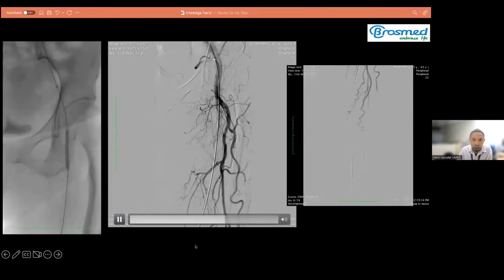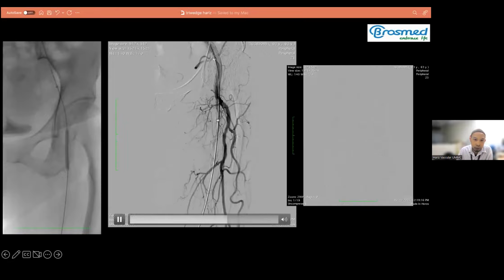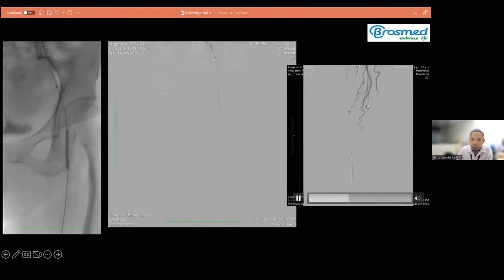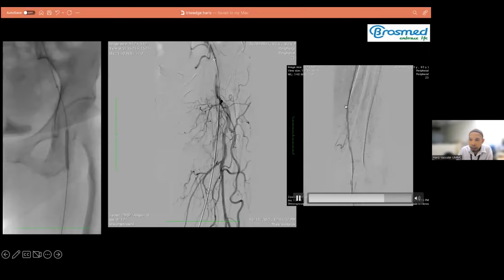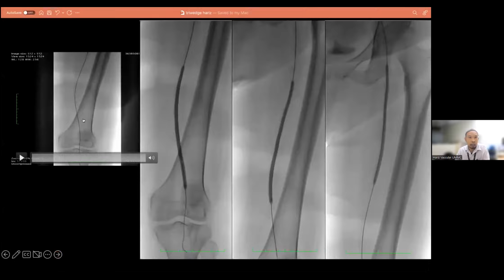Even though there is some element of classification, because there's thrombosis there, as you can see, the flow is not good, and there's still a reconstitution. So at this point, I think we decided to prolong the balloon inflation and also use a longer balloon. So I think the aim of this is actually to plaster probably the thrombus to the sidewall,